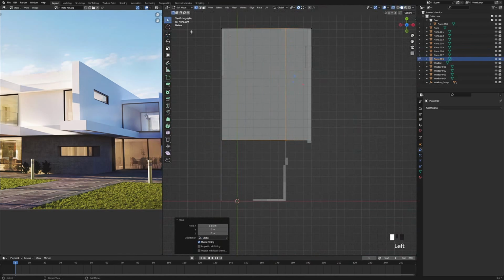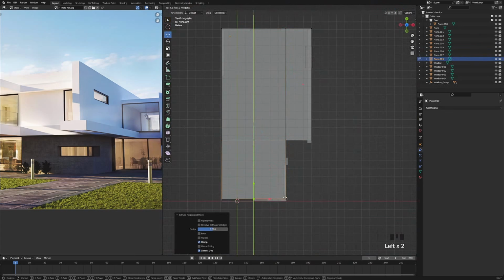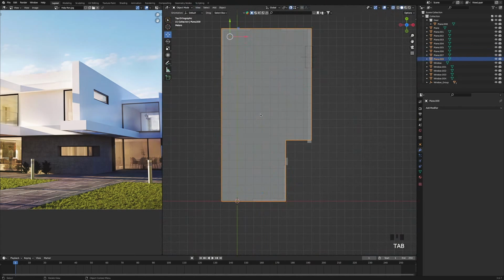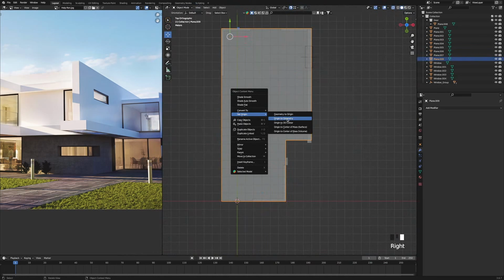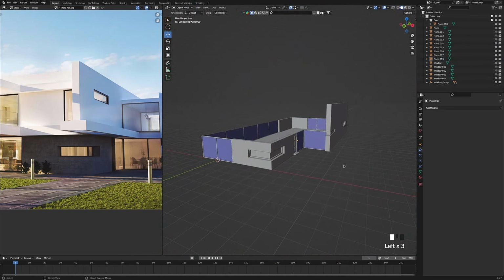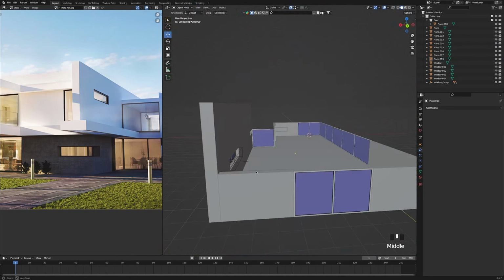With that done, I'm going to click the Select tool, select the front, press E to extrude, and then G, Y. Oh, that hasn't worked, just right click to undo. I'm just going to select the Move tool and bring it out that way and snap it to that corner there. Then press Tab to go out of edit mode, right click, Origin Geometry. Then turn off X-ray mode, and that's pretty much the first floor all completed.